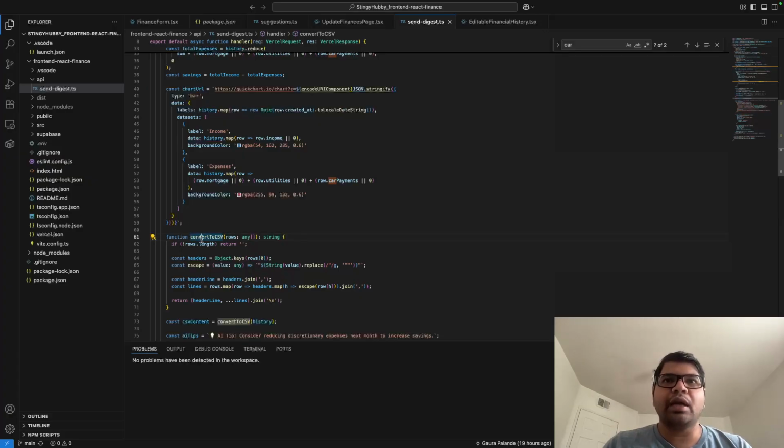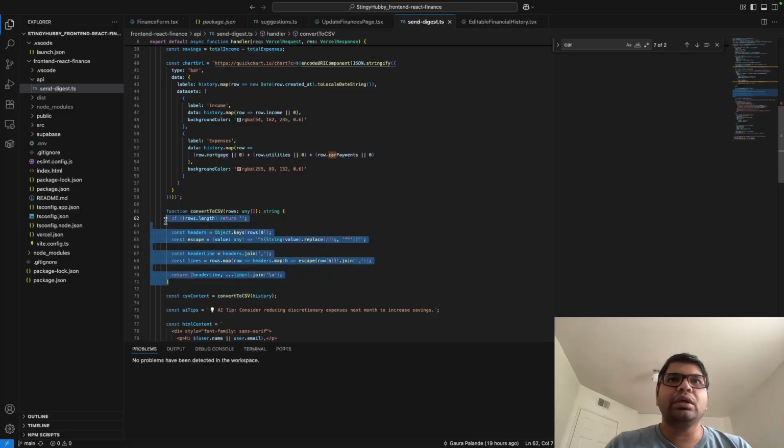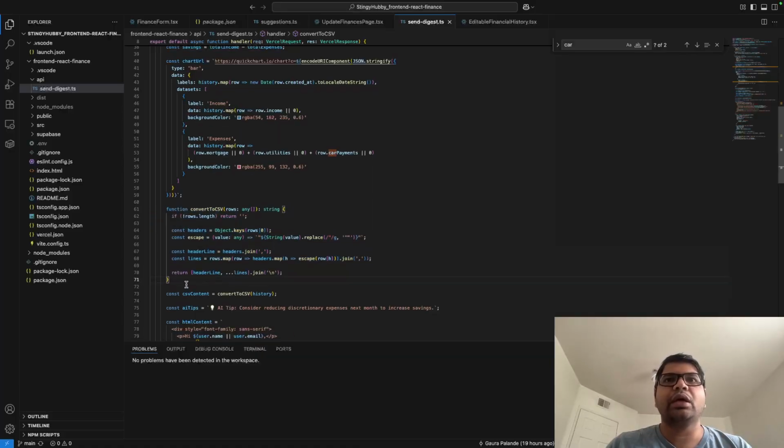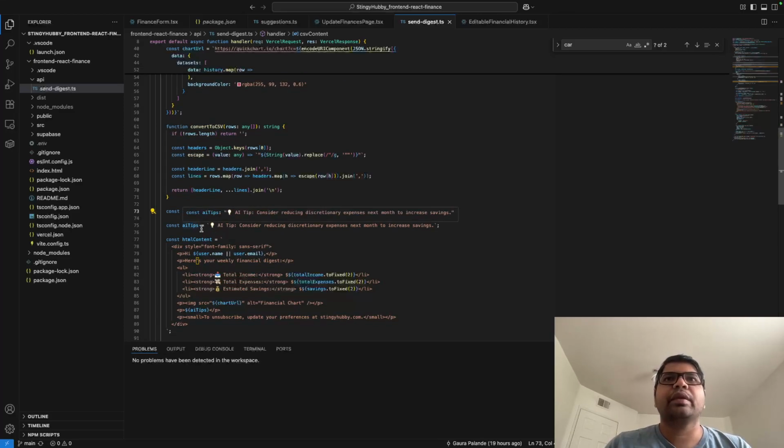The second functionality that we would want is to get all this information and save it into a CSV. So we would create headers, we would have an escape sequence for them, and then we would have our data joined within it, all the history data that we received from the database. We would have the CSV content created out of it using that function, and we pass in the history. So now once that is done,